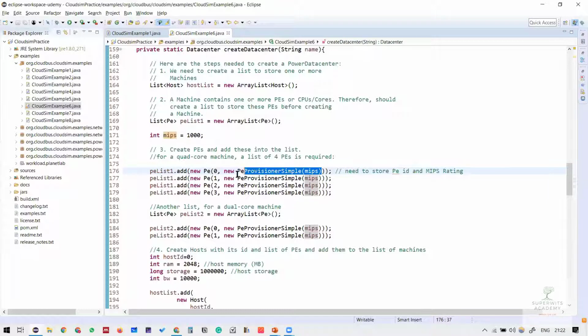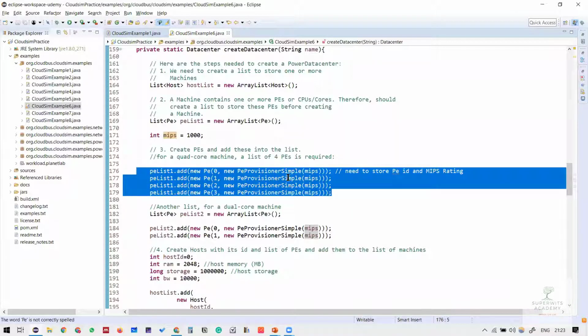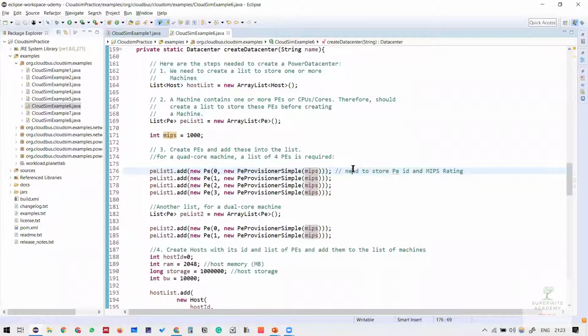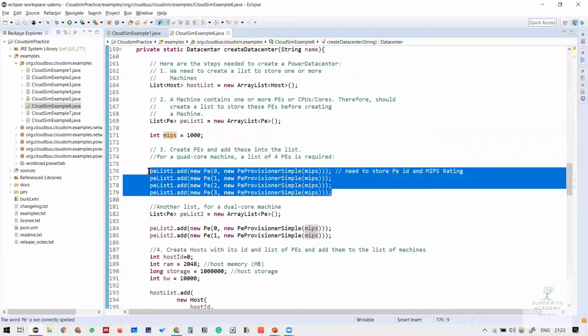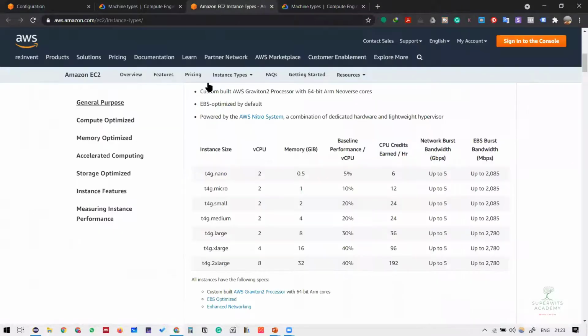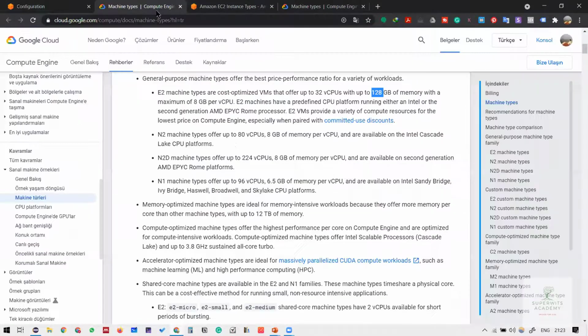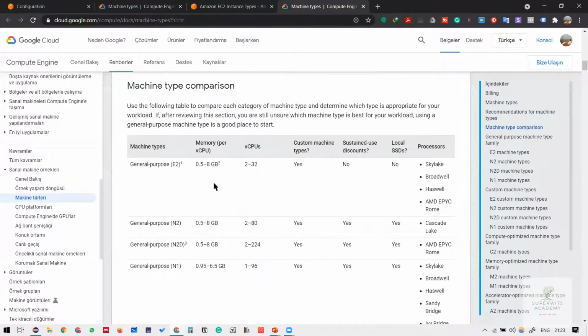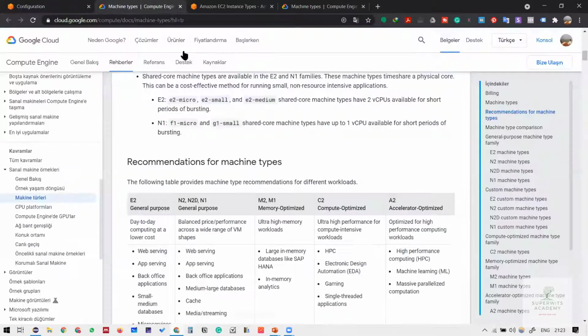And this particular workload is going to have 1,000 instructions in per second mode. So that means if we have 4 cores, one single processor with 4 cores can execute 4,000 instructions in one single second. So this is the total capacity of it. Because we are talking about 4 cores here, if I compare it with this configuration, this is very small. So if we look at the compute capacity over here,